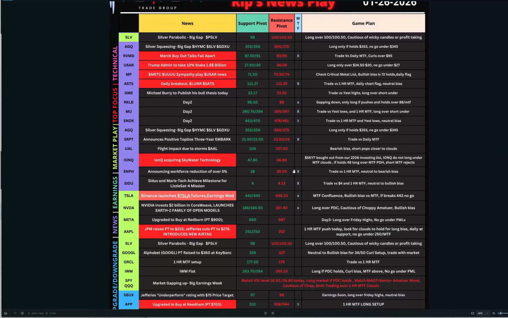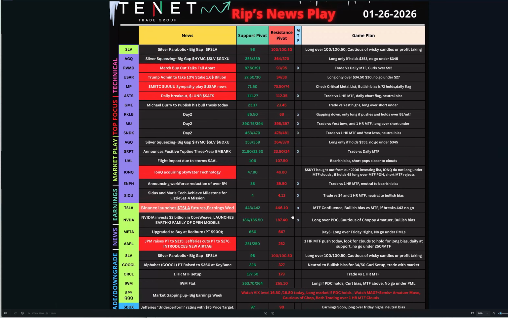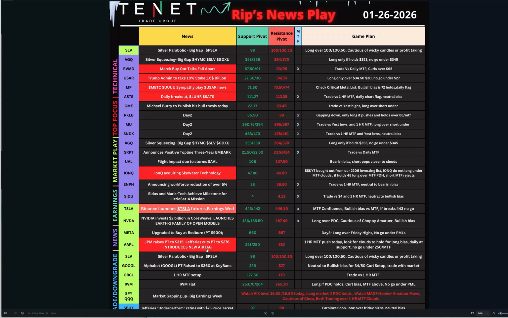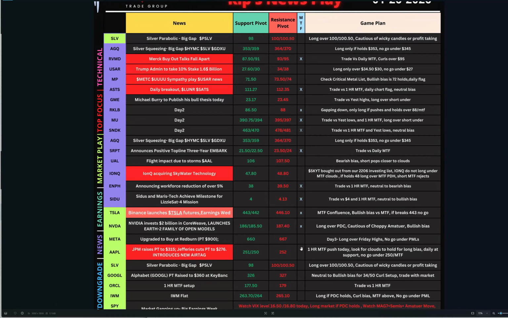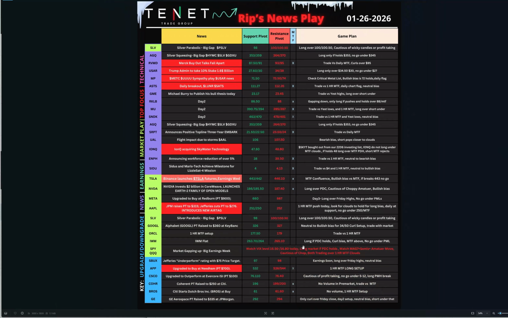So we make a pre-market plan. Me and my team, we are up early in the pre-market. We go through the news plays, the Mag 7s, the earnings plays. We look at what the setups are. I highlight anything which is a high probability long setup, and any plays which I think are more important to focus on, so that the traders can focus on those setups. Most of my traders know my system, so they take the game plan and can, of course, trade the setups, keeping our losers small and winners big.